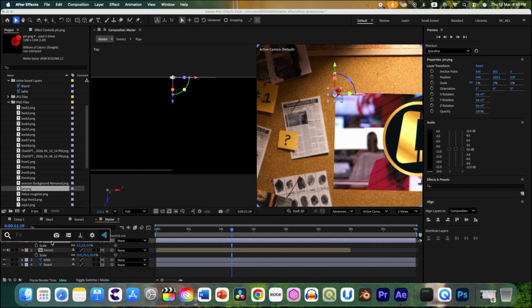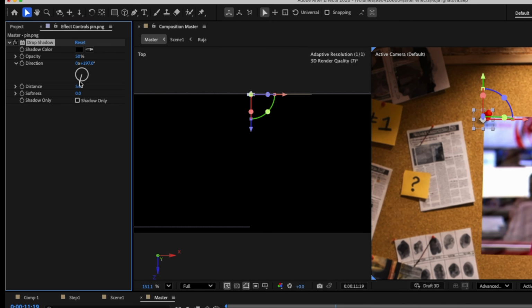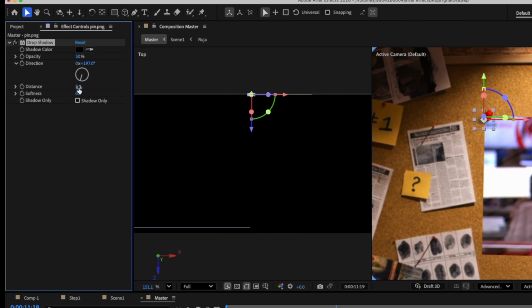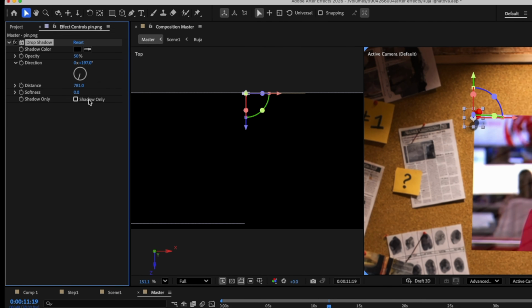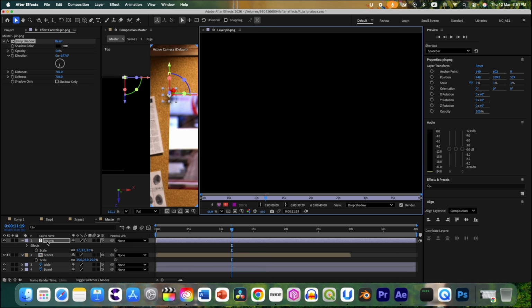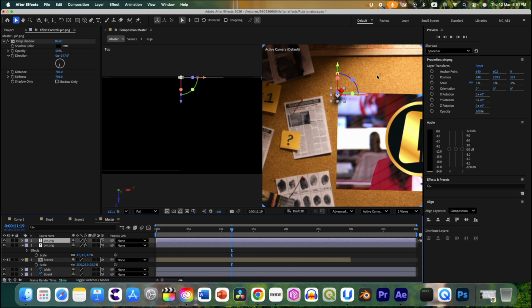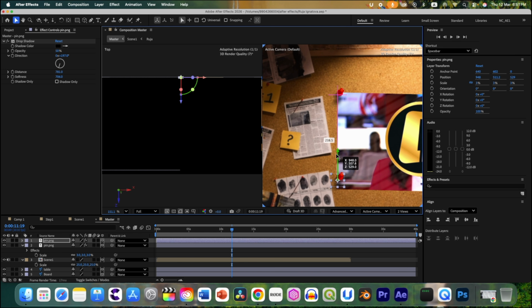Add drop shadow. We can change this angle, let's change it around 196 or 97. Let's increase the distance because the shadow is coming from up, and then we can increase the softness also to quite high. Barely visible. Now let's duplicate this by Command or Control plus D, and let's place it over here,